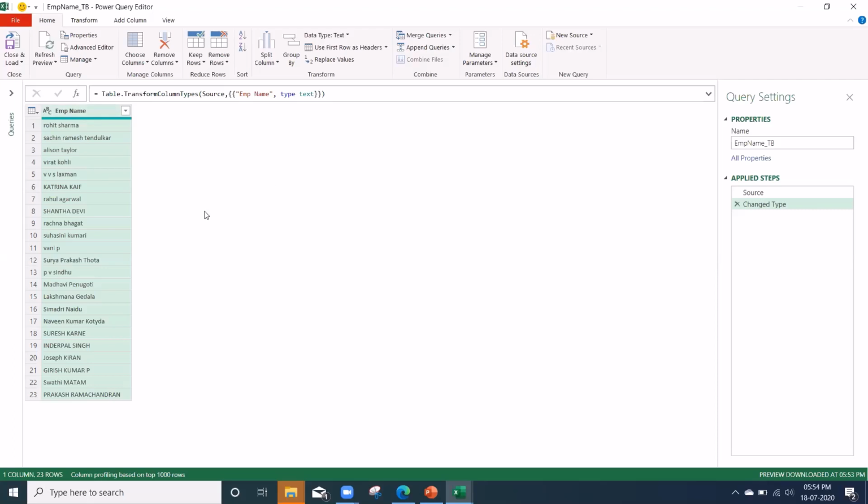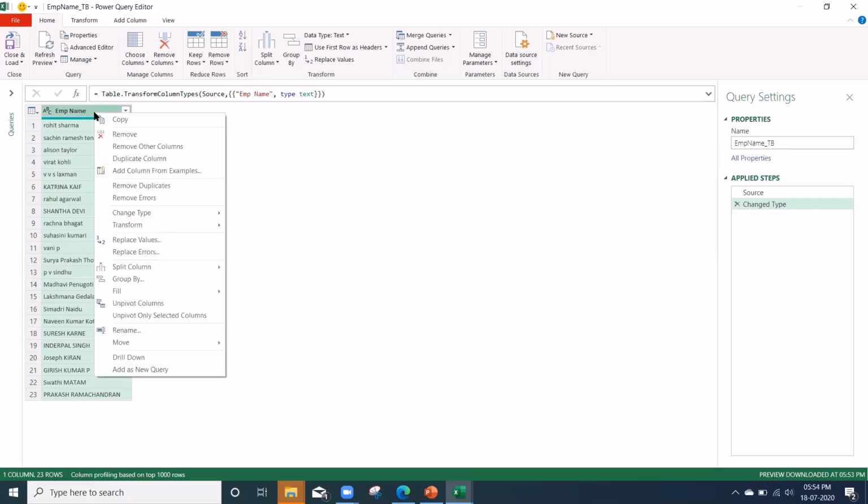So the transformation part is very simple. If you know the right click, most of the times you can transform the data by using the right click. Trust me. Check out this now. We want to split this data, correct? So first I'll right click on this. Once you right click on it, there are so many options showing: copy, remove other columns, there are many.